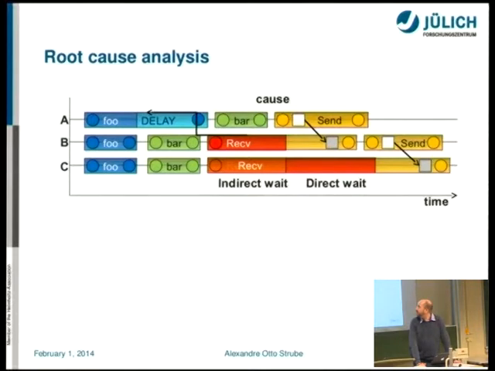What else? This was a very interesting piece of research a couple of years ago. Our tool is the only tool right now, as far as I'm aware, that shows you where a delay was created. If you have a delay in your code, it might cascade and cause further delays. So our tool shows you where it started. For example, in process A at the beginning you have a delay, and this delayed everything. Our tool shows this.